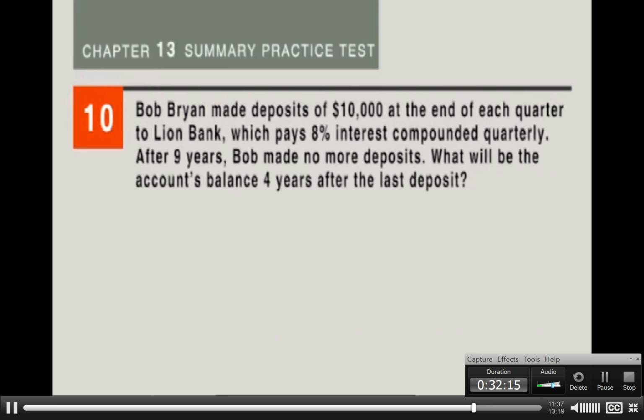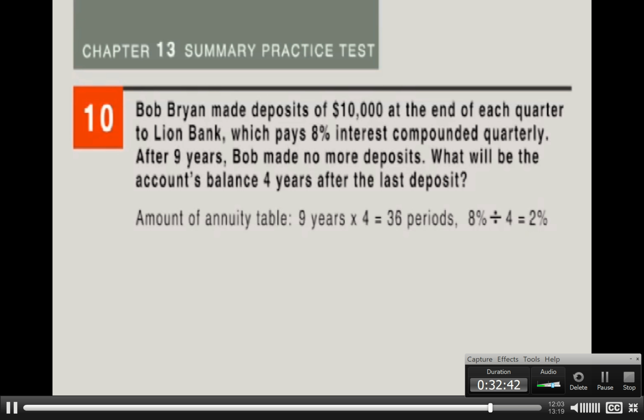In our last problem, Bob Bryan makes a deposit of $10,000 at the end of each quarter, so it's 4 times a year, interest compounded quarterly. After 9 years, Bob says, I've had it, and makes no more deposits. What will his account balance be at 4 years after the last deposit? So, first thing is the amount of annuity, because he's putting a stream of money in. We're talking 9 years, quarterly is 36 periods, 8% quarterly is 2%. So 2%, and 36 periods, going to amount of annuity table,